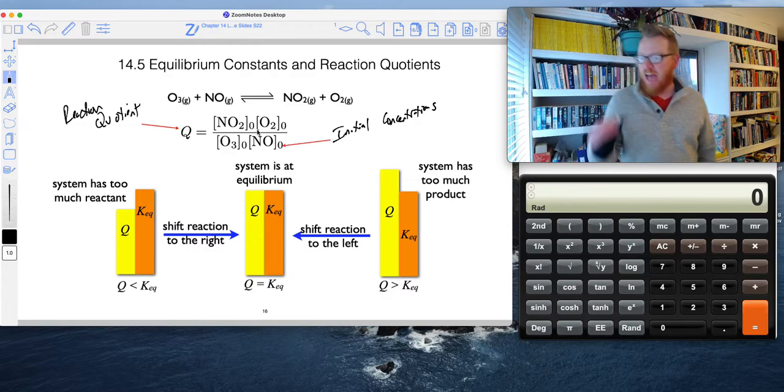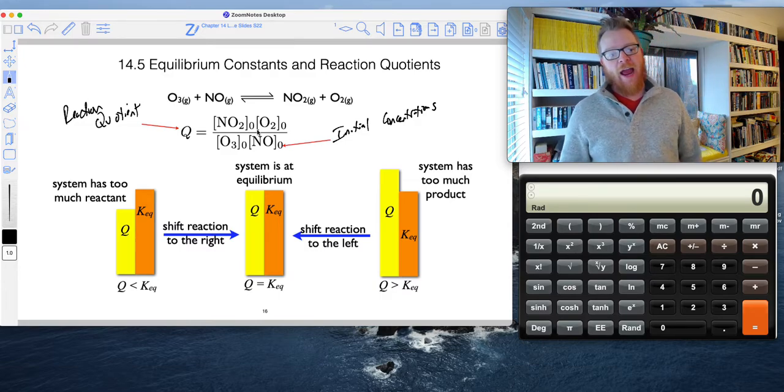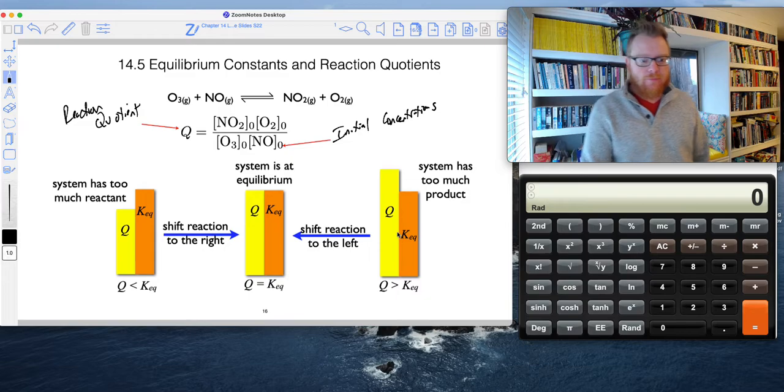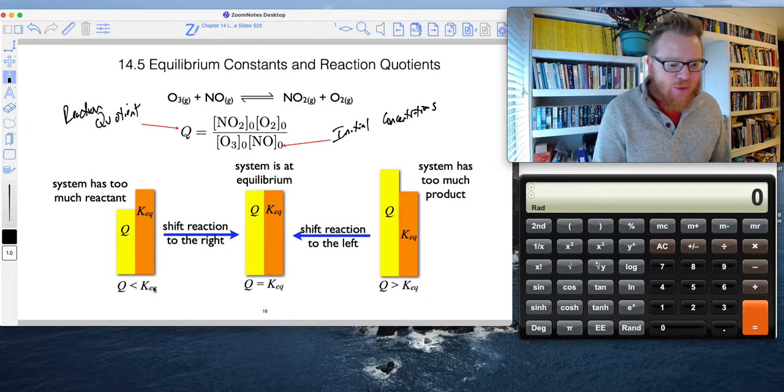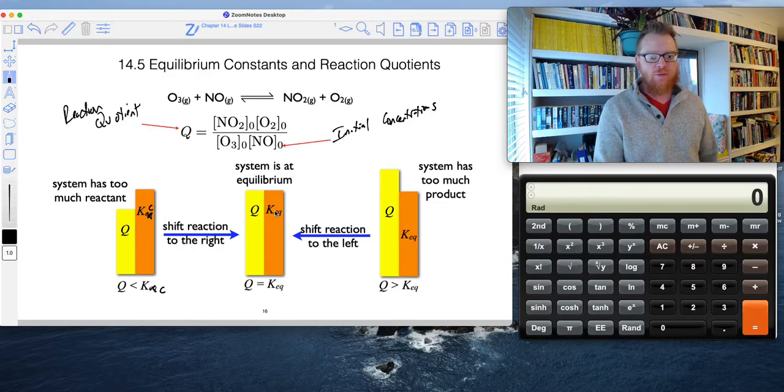And here's how we use the reaction quotient. I wrote KEQ here, but I meant to write KC, so apologies about that. Let's fix all of those. An older version of the book used EQ, and now it uses C, so I just want to be consistent. So KC. If we calculate the value of Q and it turns out to be less than the value of KC, the equilibrium constant, so Q is less than KC,